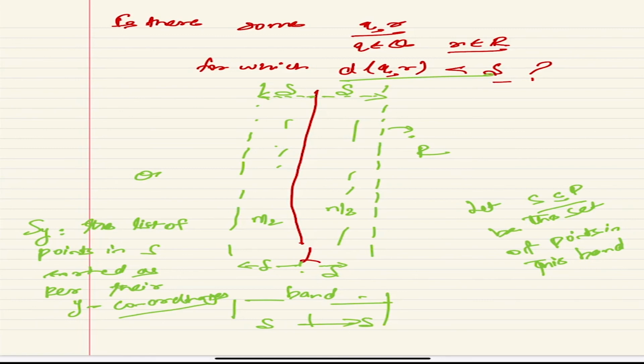Now, see what we are trying to prove: in the worst case there are n by 2 times n by 2 comparisons. But can I somehow say, I don't have to do n by 2 times n by 2 comparisons, but can do something like Cn comparisons, some constant times n comparisons? If I can change from n by 2 cross n by 2 to Cn, then I'm done. Then it will be like merge sort: T(n) is 2T(n/2) plus Cn, and I will get an order n log n complexity, better than n square. So can I ensure that the number of comparisons I have to do around this band is at most a constant? So that's what we are doing.